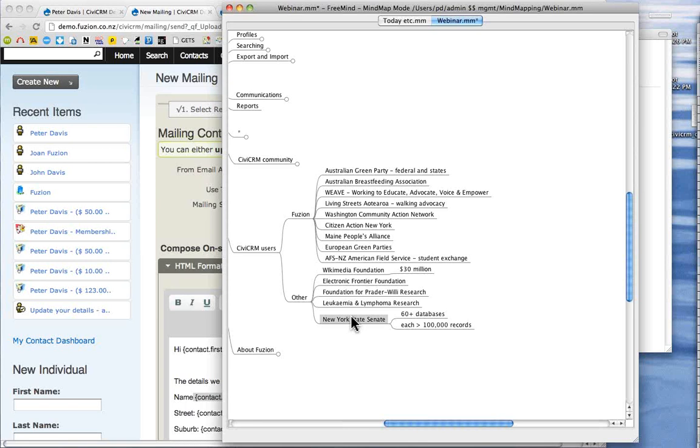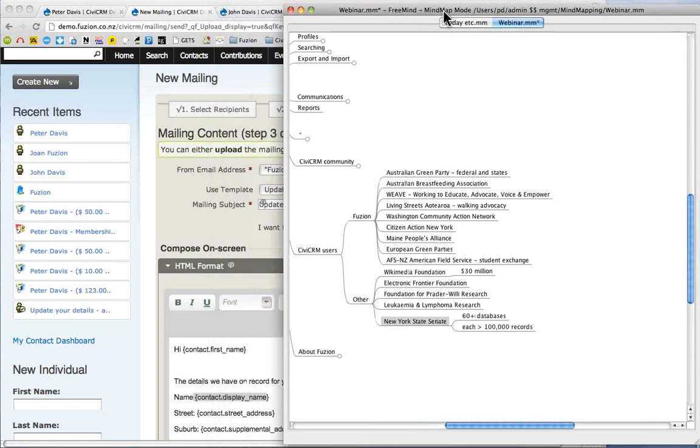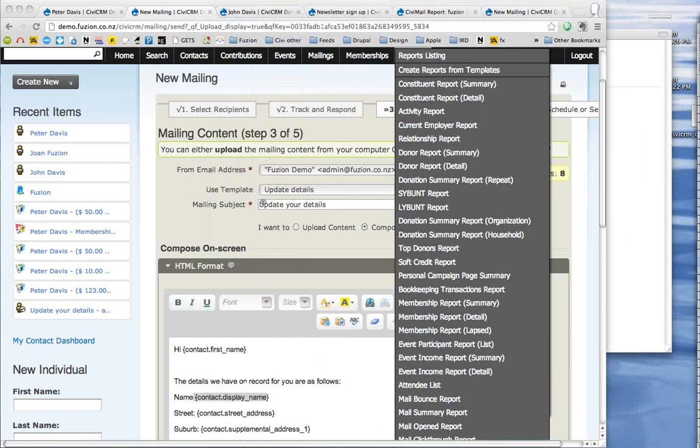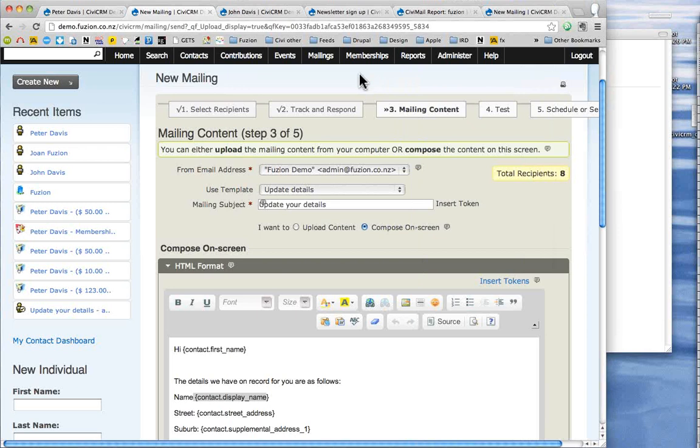We do have a few lined up here, Peter. First of all, someone's asking about the advantages and the disadvantages of integrating CiviCRM with Drupal versus Joomla versus WordPress. So what are the benefits of each? Yeah, there are definitely more capabilities with Drupal than with Joomla or WordPress, partly because of Drupal having a